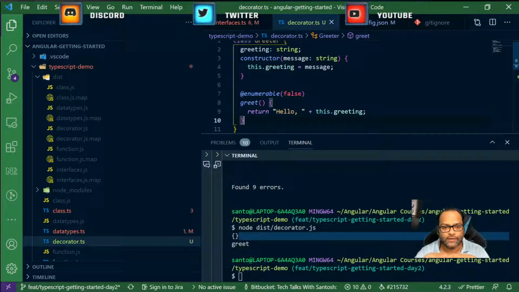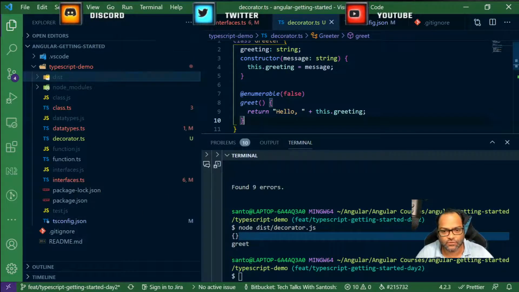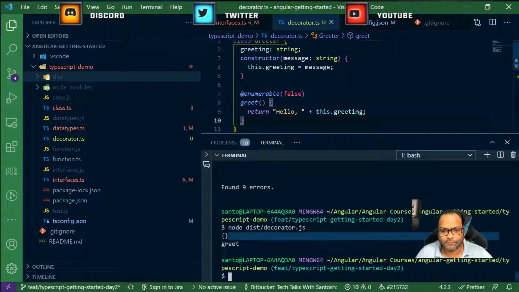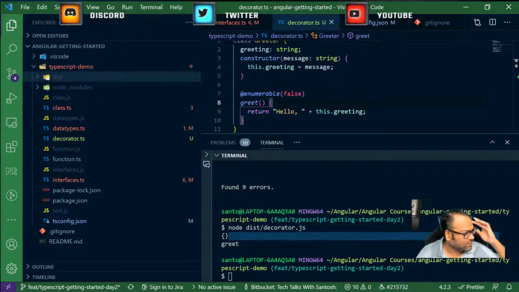Again, try not to write decorators in Angular, because of course decorators do not exist in JavaScript, unless you need to. There are a few libraries which do use decorators, but the Angular team suggests not to write one. So just keep in mind, in case you have a requirement, go ahead and write one, but try to avoid it as much as possible. So this was about decorators.